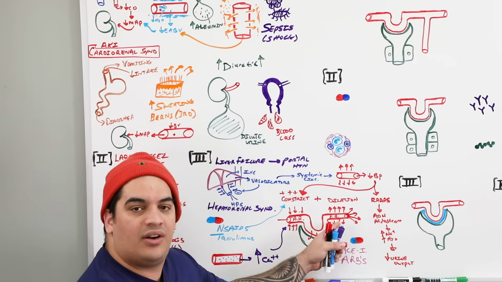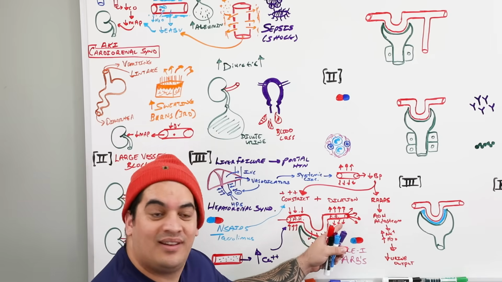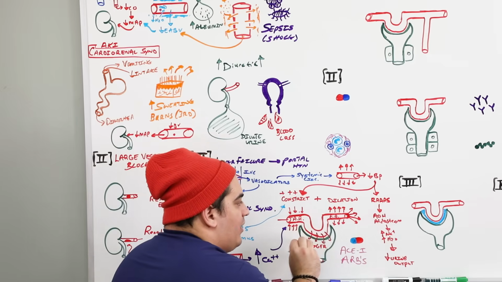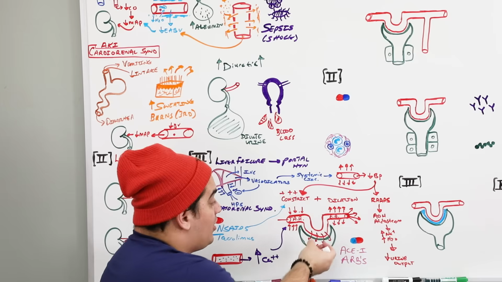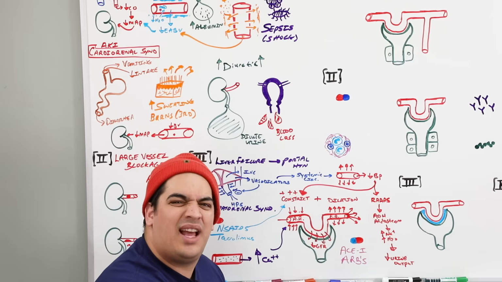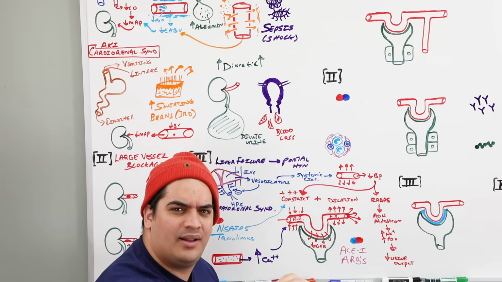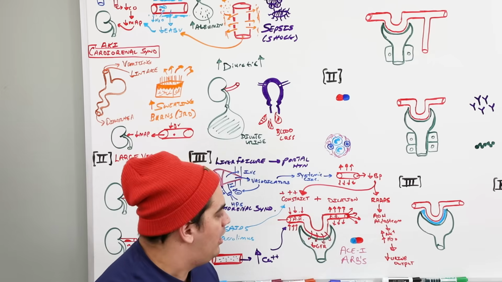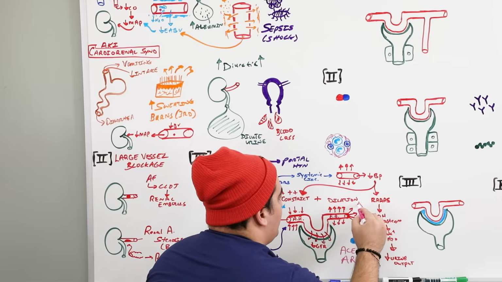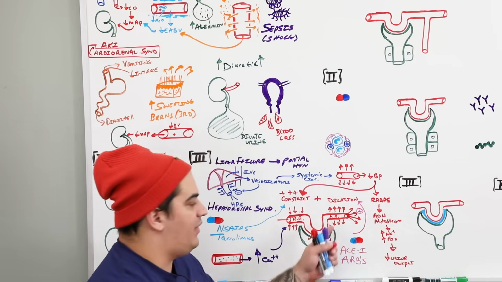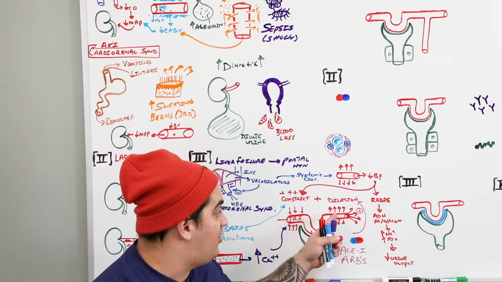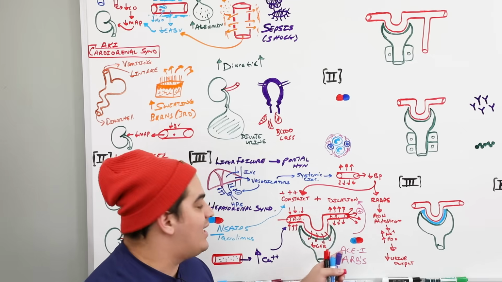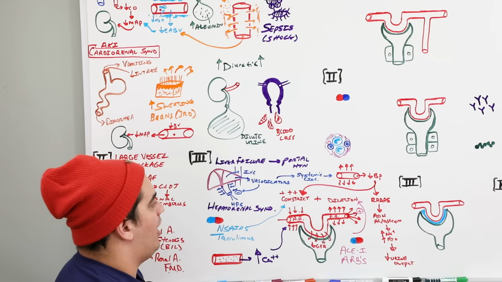Angiotensin 2, you know what it does in the efferent arteriole? It causes vasoconstriction. Because if you constrict the efferent arteriole, what would that do? It would lower the amount of blood leaving the glomerulus. It would also increase the pressure within the glomerulus. What would that do if you increase pressure and have less blood leaving the glomerulus? It would cause a higher glomerular filtration rate. You'd be able to make more urine, right? If I give a drug that causes vasodilation of the efferent arteriole, it's opposing angiotensin 2, and therefore it's going to cause dilation, reducing the GFR. So that is sometimes the unfortunate effect of ACE inhibitors and ARBs.